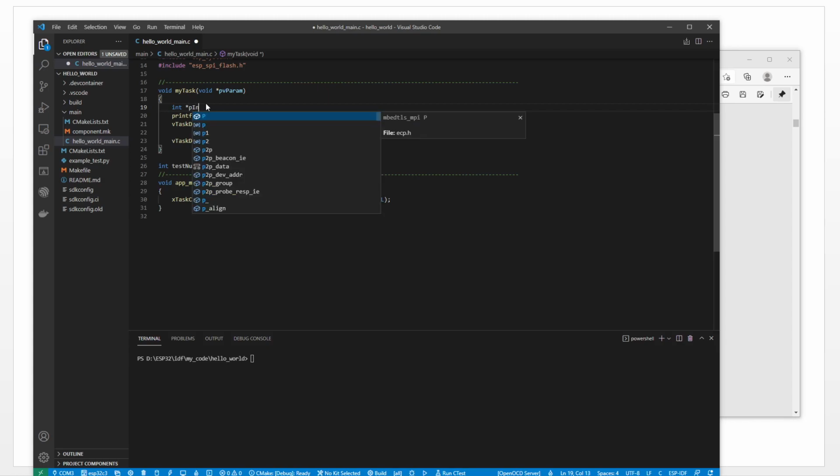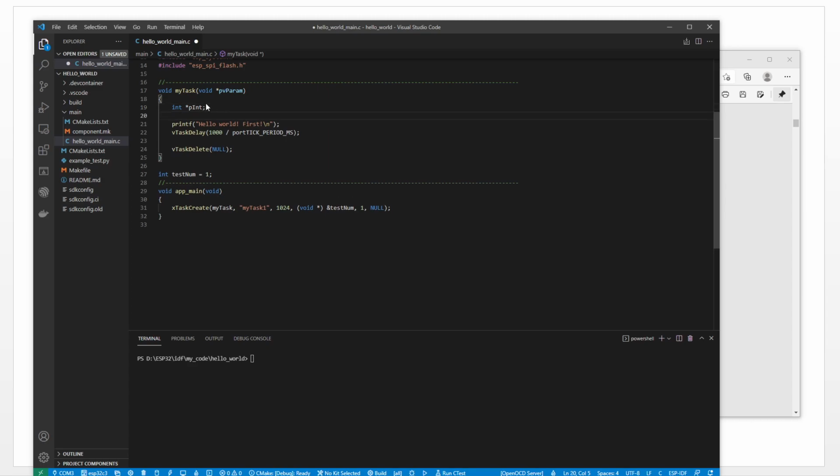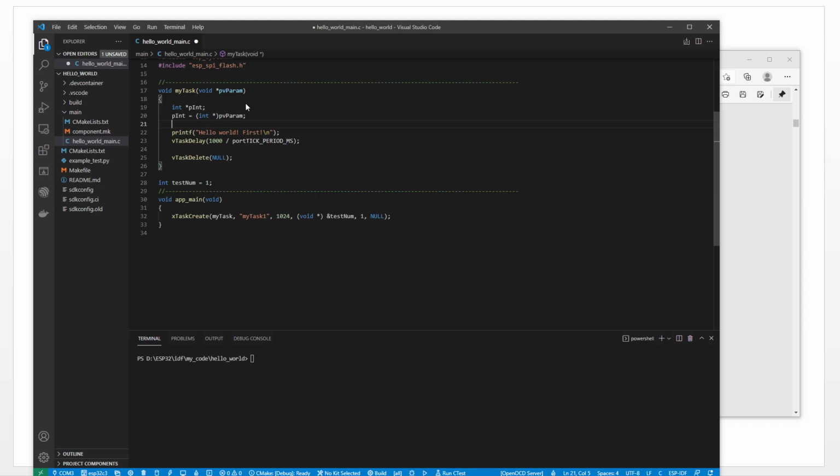This is an integer pointer, and the integer pointer value will cast the input. We cast the input pvParameter as an integer pointer value. So we use this one to cast the void pointer into an integer pointer to this value,